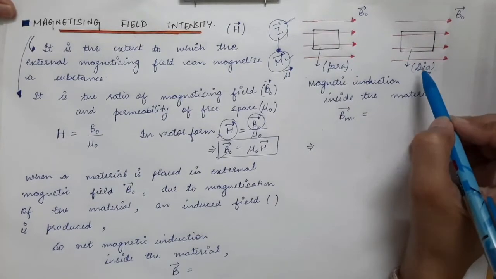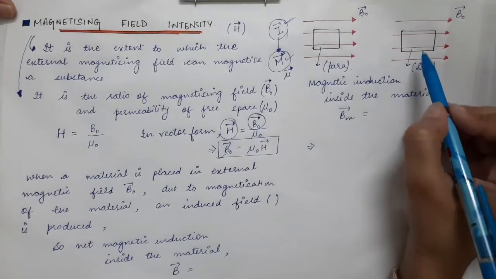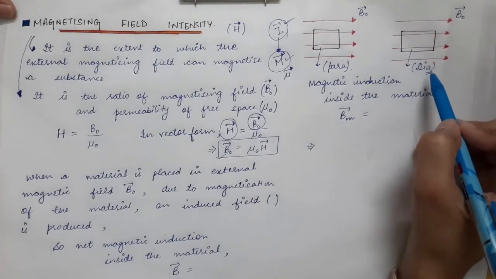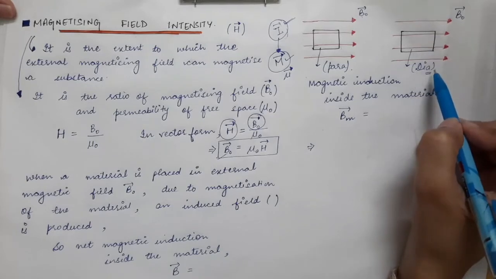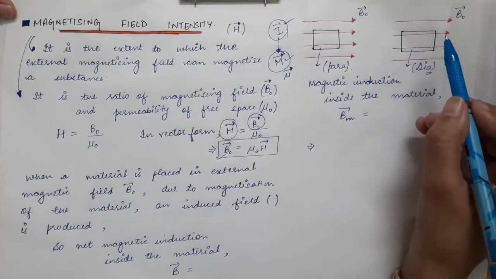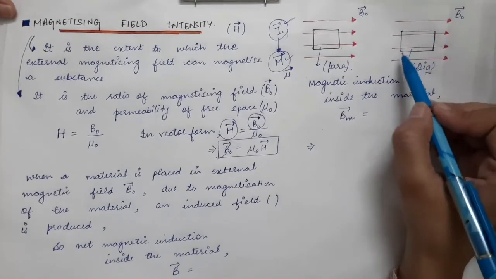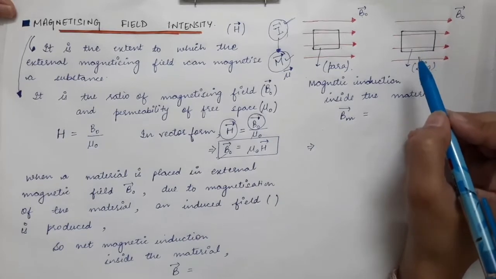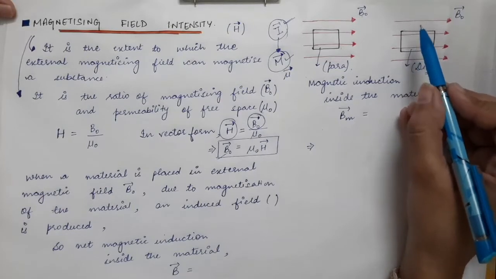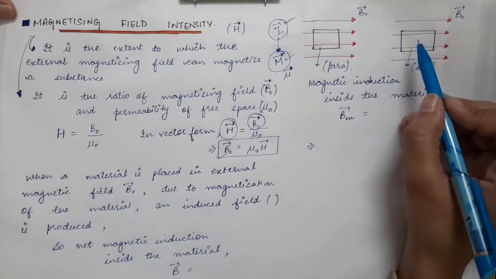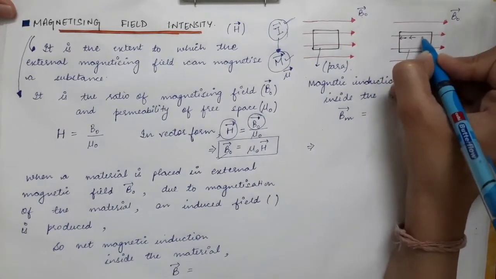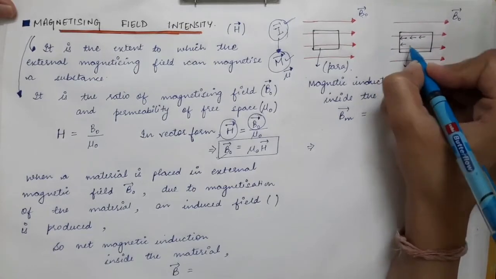Now, in the case of a diamagnetic substance, you have the opposite case. The magnetic dipole moment of every atom in the diamagnetic substance is 0, and when you place this diamagnetic substance in the external magnetic field, an induced magnetic dipole moment develops inside it. So every atom develops a magnetic dipole moment when it is placed in a magnetic field, and those magnetic dipole moments are in the opposite direction to that of the external magnetic field.